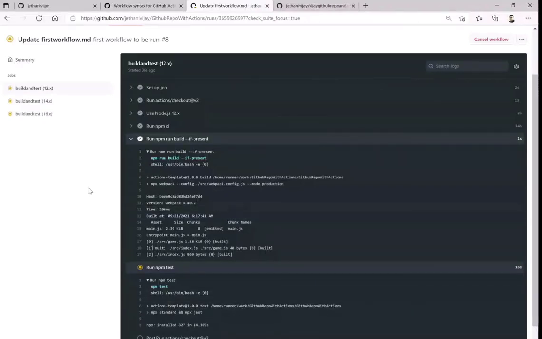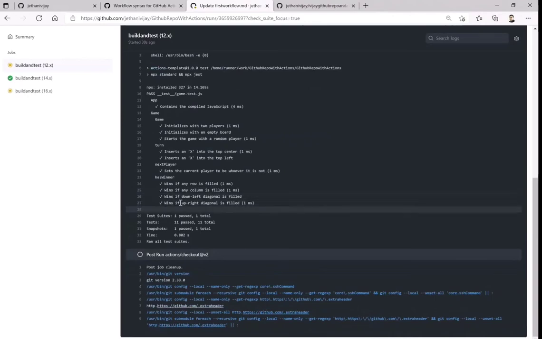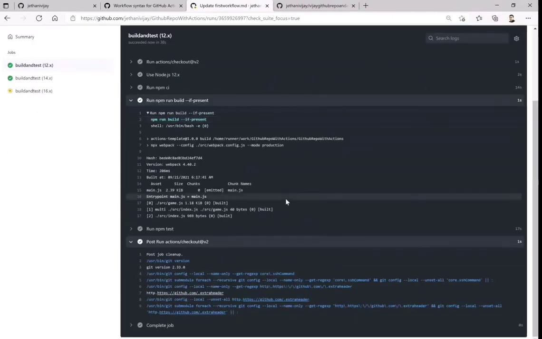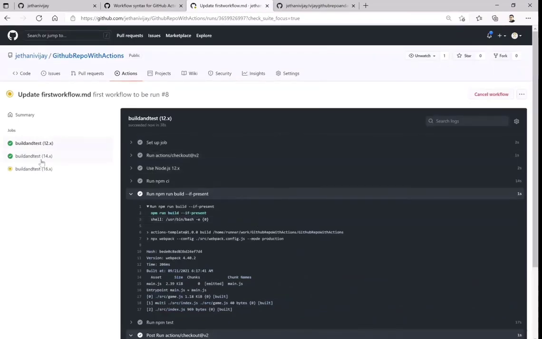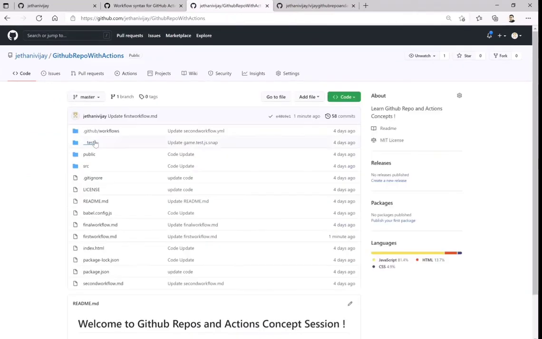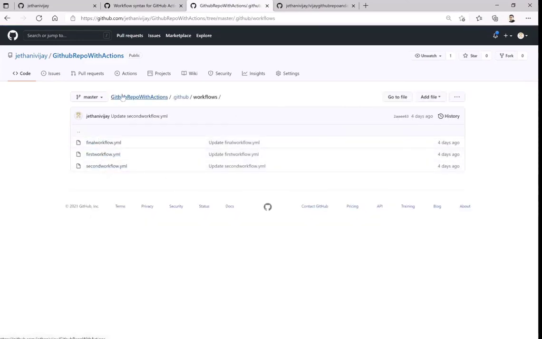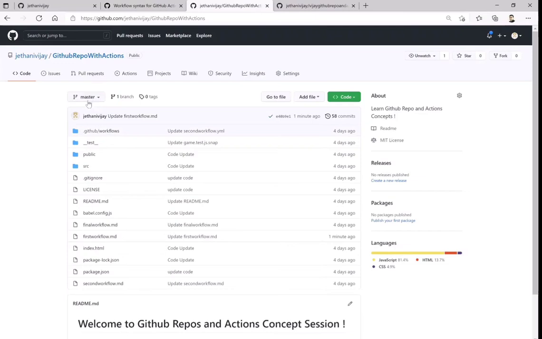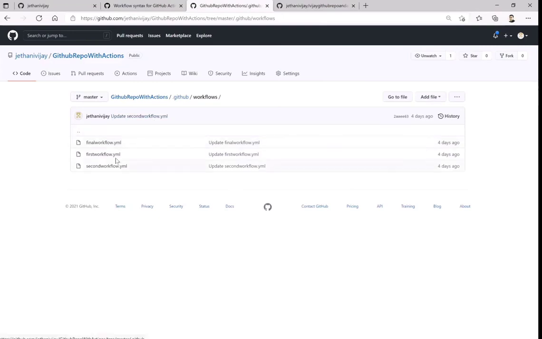Now tests are nothing but some test files, which is the Jest code I have just kept as test code for that. I will show you that code as well. So this is just a simple workflow to show you some code I have from the source and some test use cases to check. This ran on three versions: 12.x, 14.x, and 16.x. So this is how you have seen one particular workflow running on a specific condition, which was a change on a specific branch, that is master, and the first workflow.md, which is under a specific path.